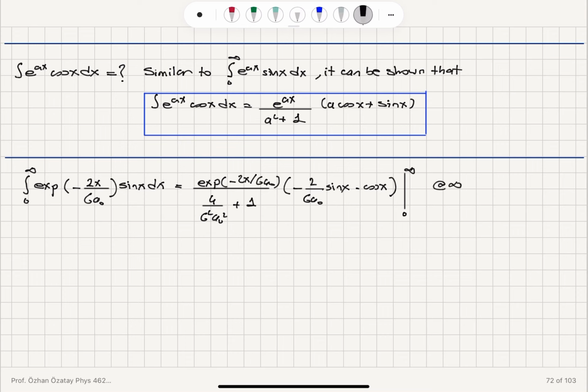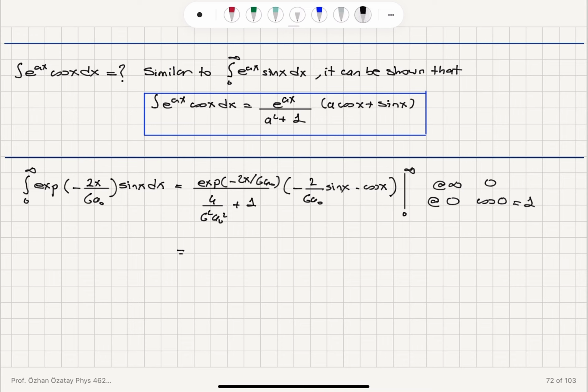At infinity, because of this exponential term here, the answer is 0. At 0, what do we obtain? Cosine 0 is equal to 1. So you can see that I will get a non-zero term from this cosine 0. So exponential 0 is 1. Sine 0, this term goes away, that's 0. So I will have minus cosine 0 over this term, 4 over g square a0 square plus 1. So I will obtain,